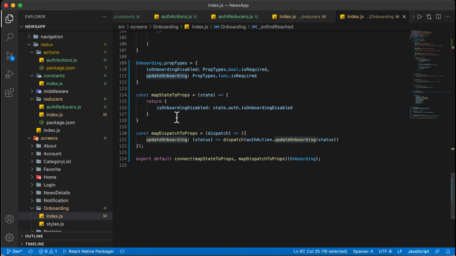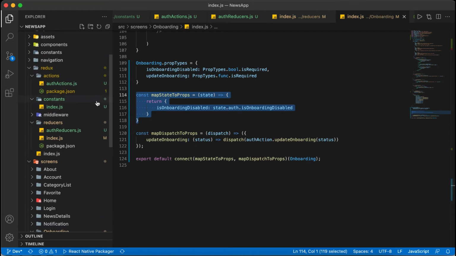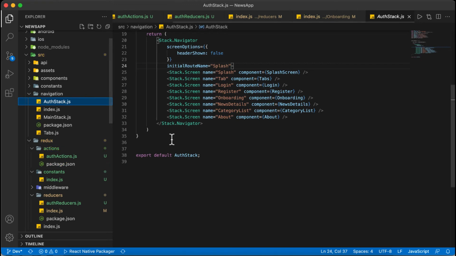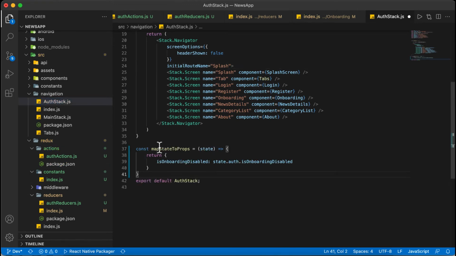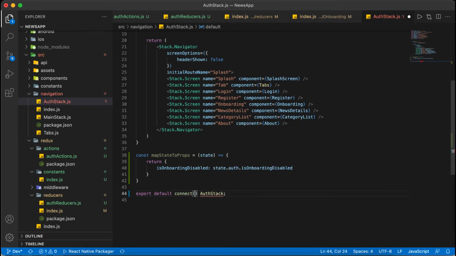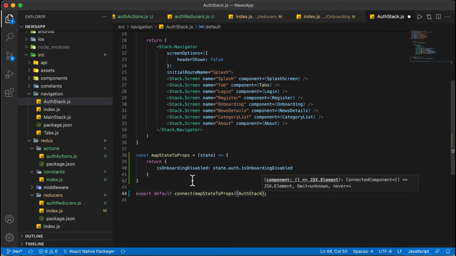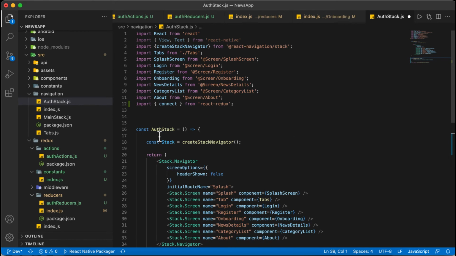Then we will go to the auth stack and check there. I am copying this mapStateToProps and will go to the auth stack and paste it here, and I will also wrap connect here and add mapStateToProps. Here we'll do some validation things.